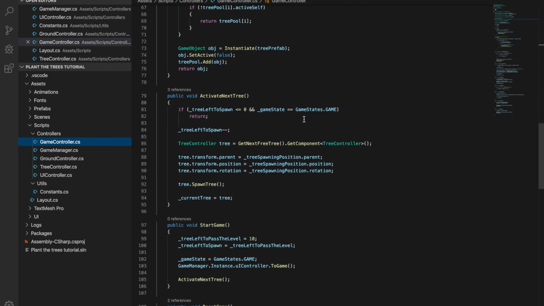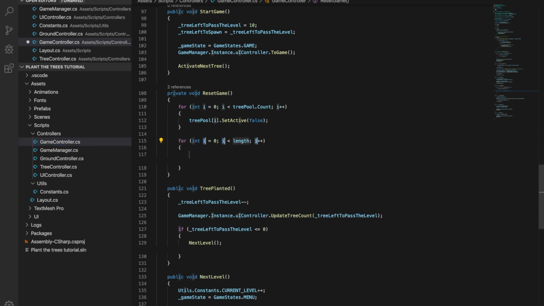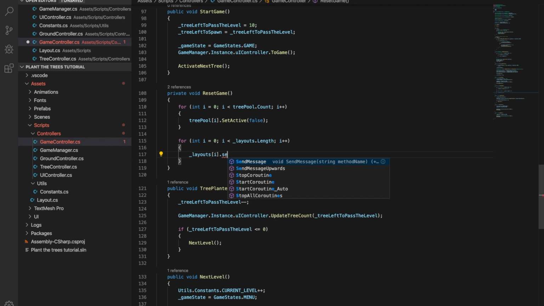So here in reset I'm just gonna tell that for every layout length I want to turn every layout off. Layouts set active false. Okay,